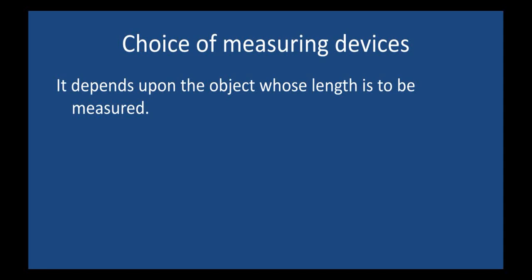What if you want to measure the walls of your house? In that case, you may require the measuring tape. Similarly, if you want to measure the dimensions of your body for giving it to the tailor, in that case you require a flexible measuring tape. So what do we understand from here? We infer that the choice of measuring device depends upon the object whose measurement we need to take.